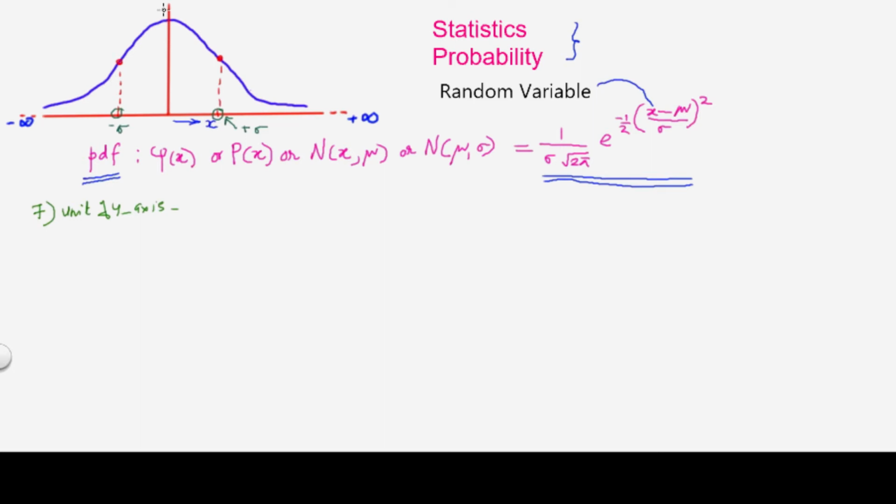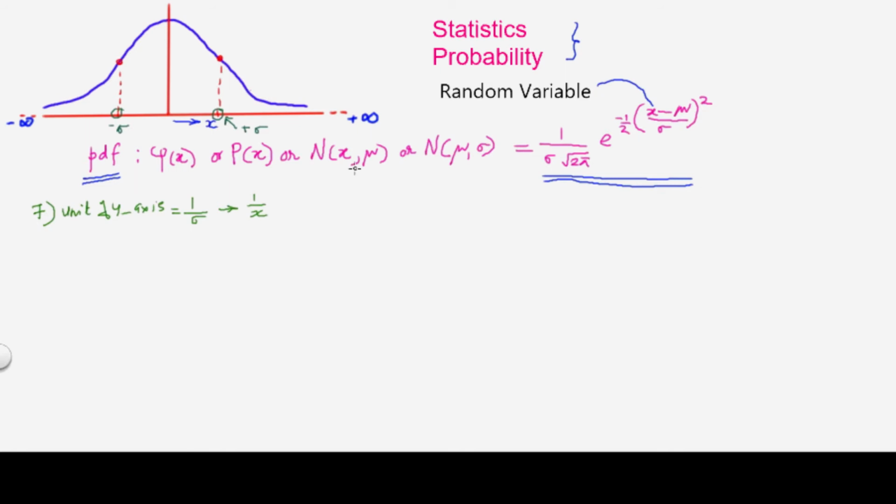So the output of the PDF, you can see on the right hand side. What is the unit of this? Consider this exponent part. It is unitless because all of these have the same unit divided by the same unit. So the only quantity with a unit is 1 by sigma. So 1 by sigma is the unit of the y-axis. This also implies that the unit of sigma and x are the same, so it is convenient to say that the unit of the y-axis is 1 by x.